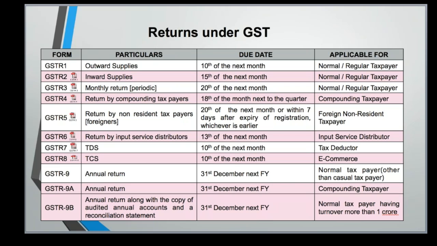It is nothing but a consolidated return of your total outward supplies. They will be asking you the values only: the total outward supplies, the total exports, the total supplies to SEZs, and similarly the total inward supplies that you have received. On a self-assessment basis, you have to see what credit you have availed, and based on your self-assessment, you have to file your GSTR 3B after paying the net tax liability.